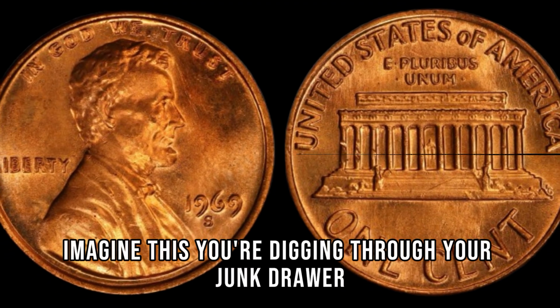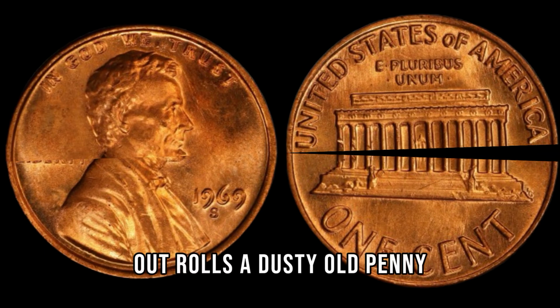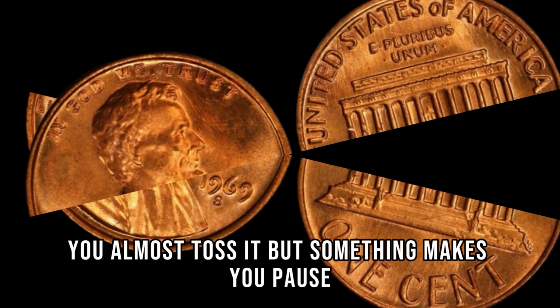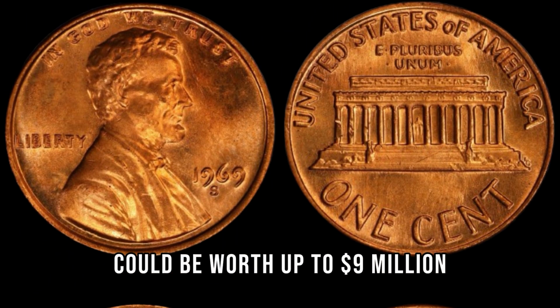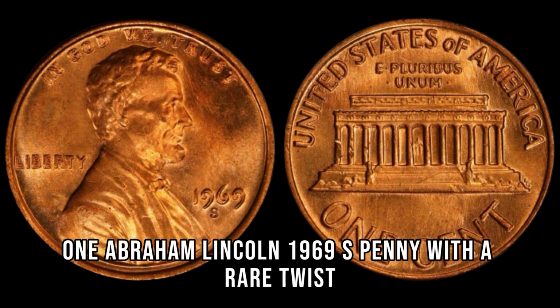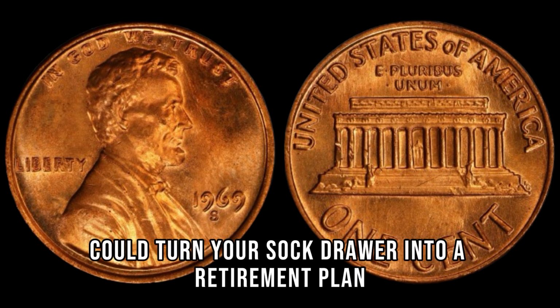Imagine this. You're digging through your junk drawer looking for a paperclip, and boom, out rolls a dusty old penny. You almost toss it, but something makes you pause. That penny, my friend, could be worth up to $9 million. Yep, you heard that right. One little copper coin, one Abraham Lincoln 1969 penny with a rare twist, could turn your sock drawer into a